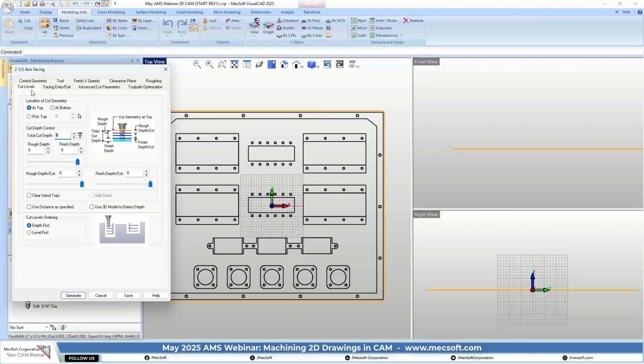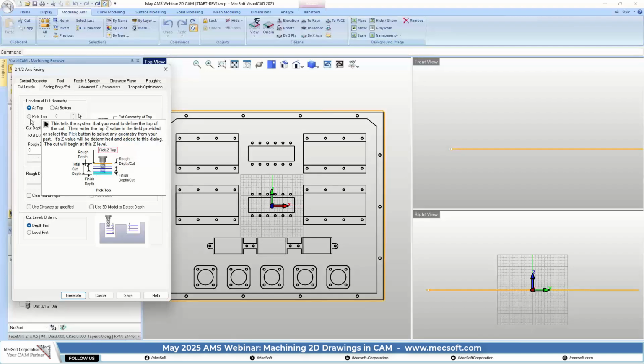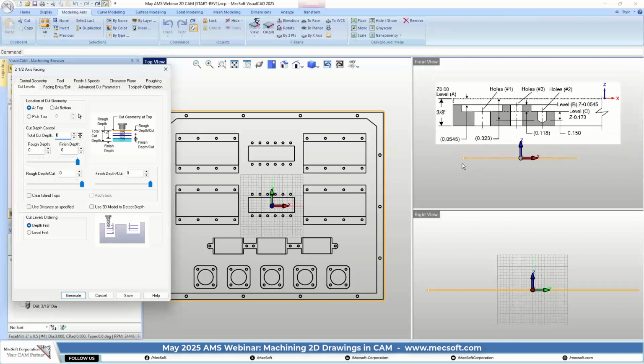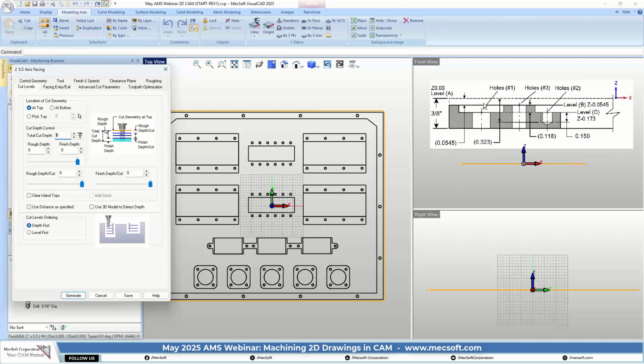The cut levels tab on any of your 2-axis operations is probably the most important tab that you need to pay attention to. This area right here for your cut levels, this is what you're going to use to control your depths. In the drawing, you don't have any depths identified. So that's why I asked you to go ahead and create or sketch out on a piece of paper your elevation views. How deep are the different features that you need to cut? Okay, so this facing operation, we're going to bring it down to the top of the part, which is at